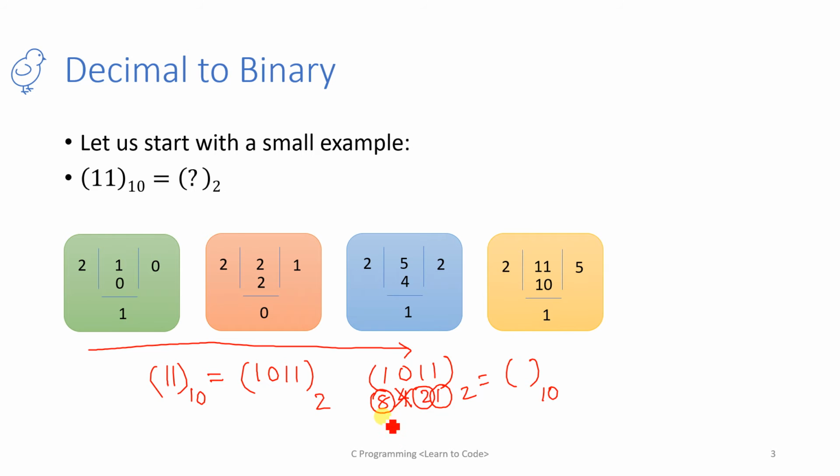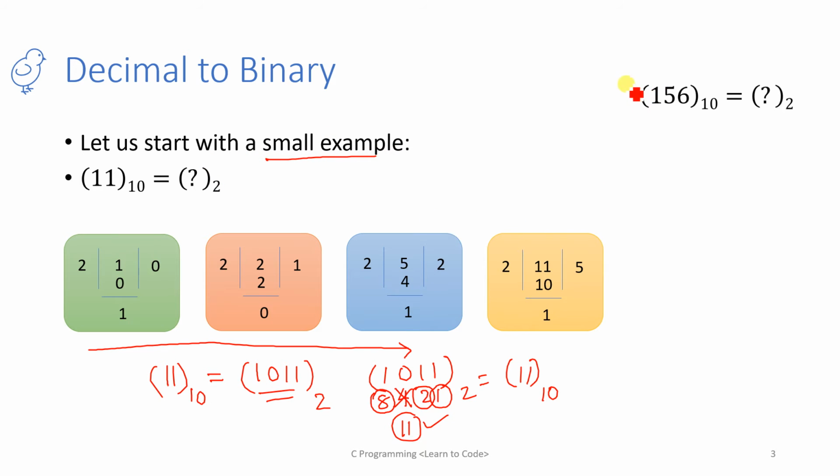So now what will you get? 8 plus 2 plus 1 is 11. So you can see, 11. We have already discussed how much 11 of base 10 is in binary. We have already calculated it. Similarly, when we convert 1011 into decimal, it turns out to be 11. That means our approach is correct, right? This is the small example I have taken. Let us take another bigger example.